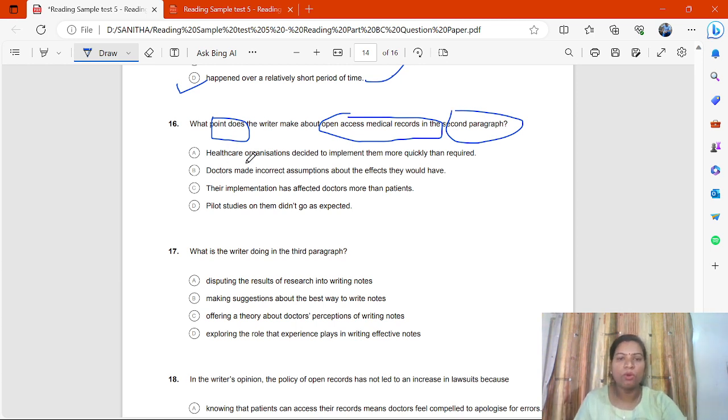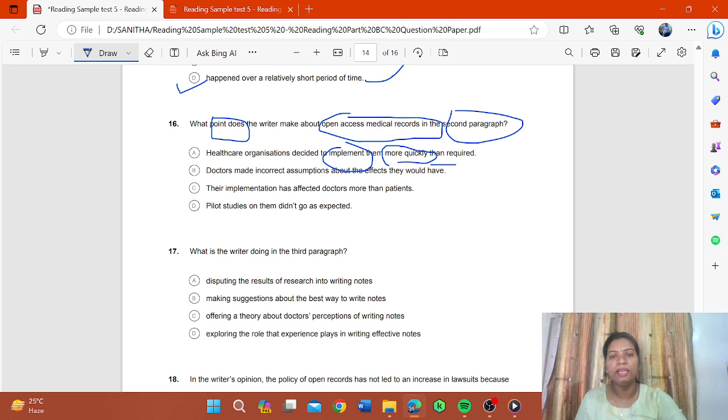Okay, health organizations decided to implement more quickly. These are the words: more quickly than required. These are the very important words. Okay. So you got it. Second, the third option,